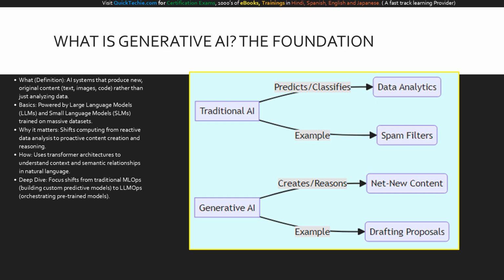Now, follow the bottom path. This is generative AI. Instead of just analyzing, it takes your natural language input and creates something entirely new. It takes the context you provide and generates text, images, or code that didn't exist a moment ago. This diagram is crucial because it illustrates the leap from understanding to creation. As a business leader, when you look at this flowchart, you should see the transition from merely tracking your business metrics to actively generating the communications, code, and strategies that drive your business forward. It is the engine of modern enterprise automation.